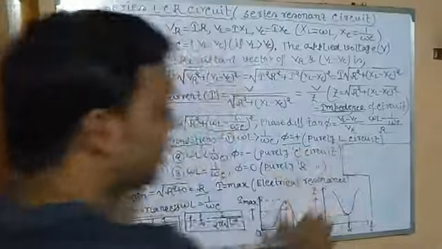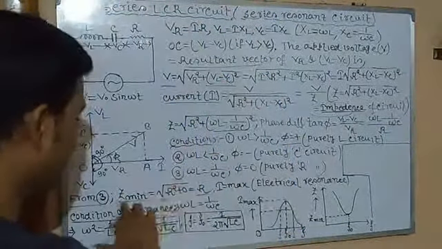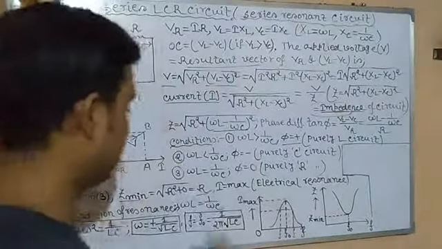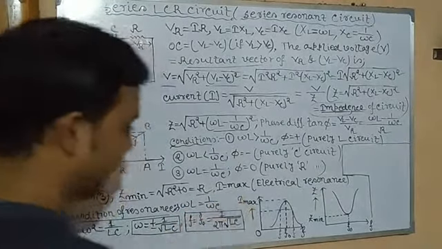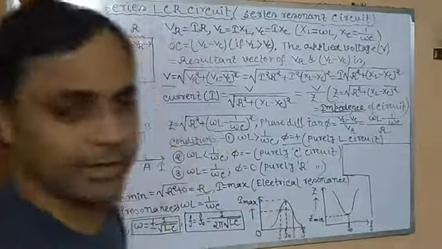The total impedance was offered due to L, C, R. L and C are just removed, they disappear, vanish. Only R remains, this is the minimum. It means it has turned into a simple circuit, only resistance. In that case, current is maximum. Clear? This is called electrical resonance.